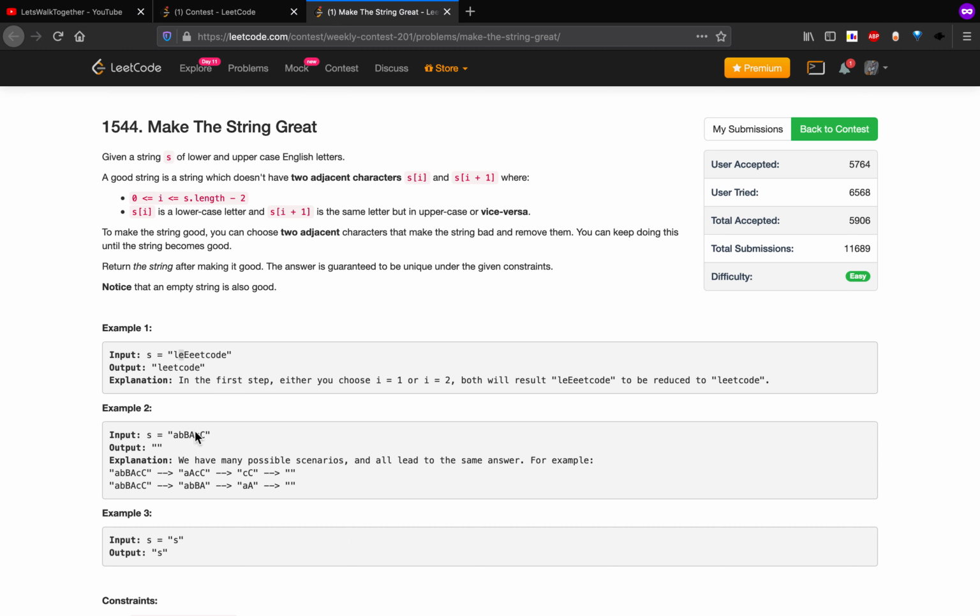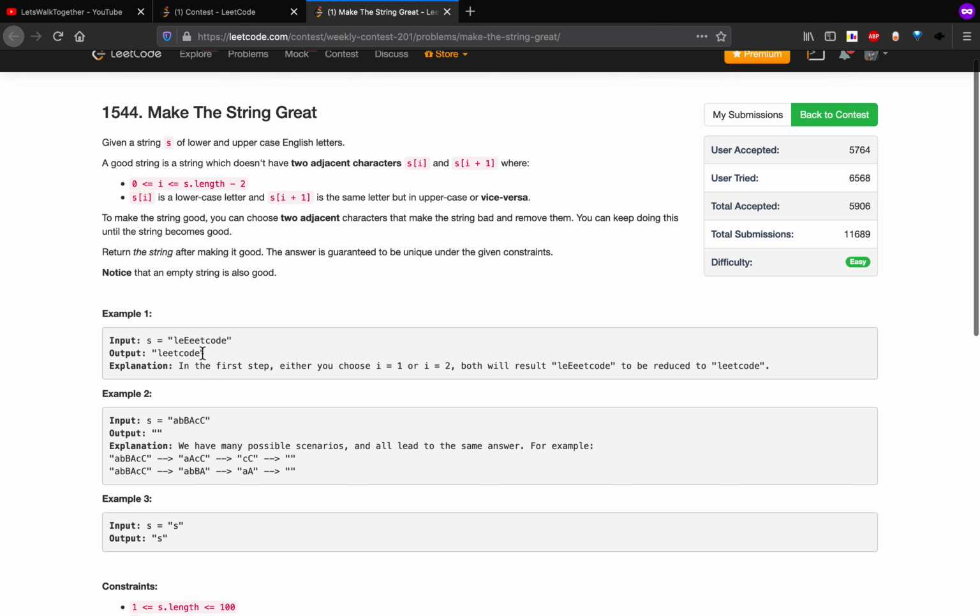Here the character at the first index is lowercase e, and the character at the second index is uppercase E. So they both result in value e, but one is lowercase and the other is uppercase. So it's a bad string. So what we have to do is just remove this case and output the resultant string.